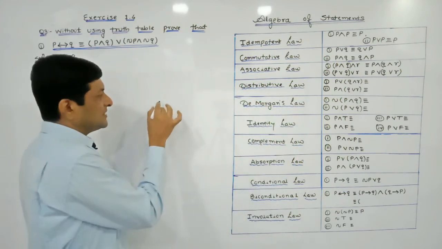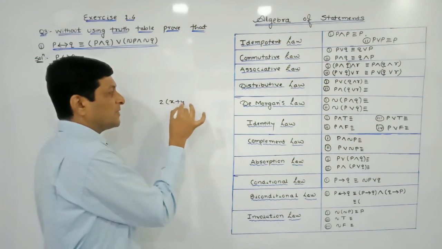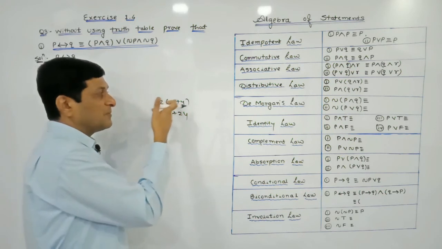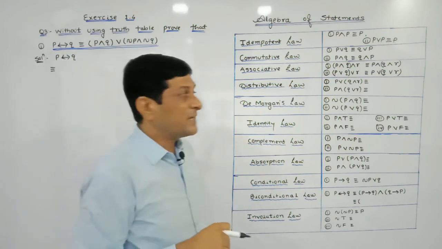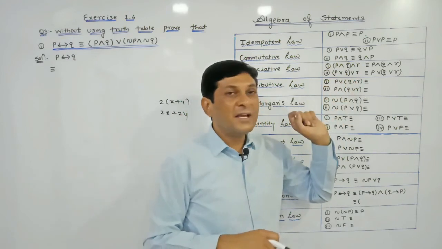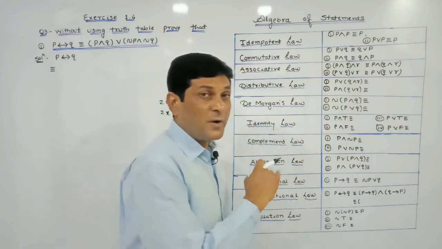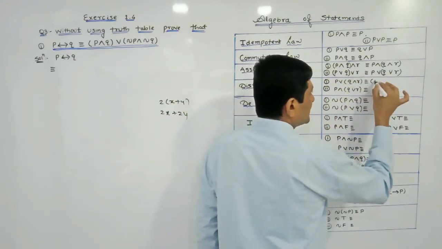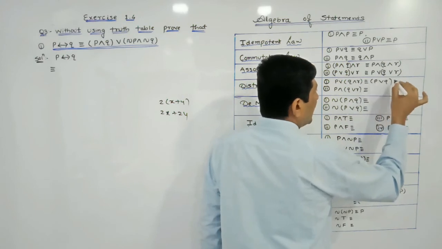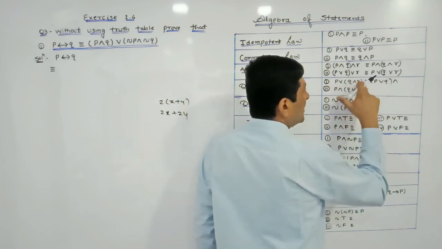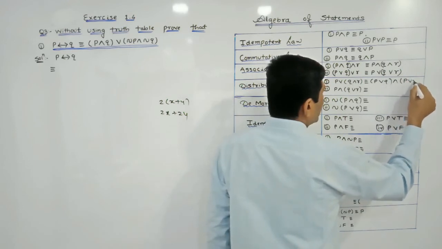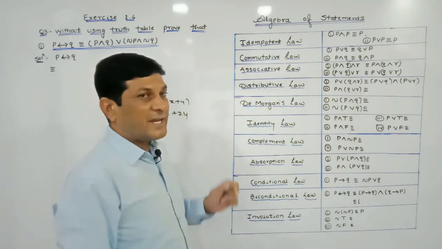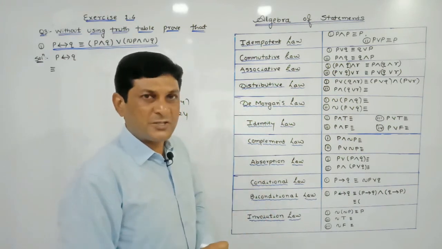The distributive law says that it is just like multiplication. 2 into x plus y can be written as 2x plus 2y. So here the operations are multiplication and addition. Instead of multiplication and addition, here our operations are or and and. According to this distributive property, first take the or of P with the first statement, means P or Q, and then take the or of P with the second statement, means P or R. In this way, just as we multiply a number into the bracket, the same method we apply in the distributive property.